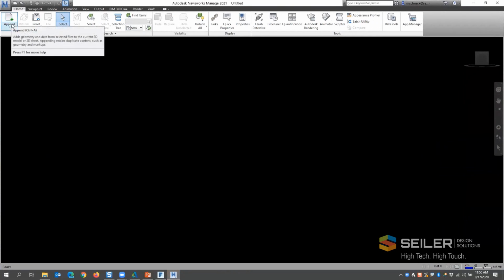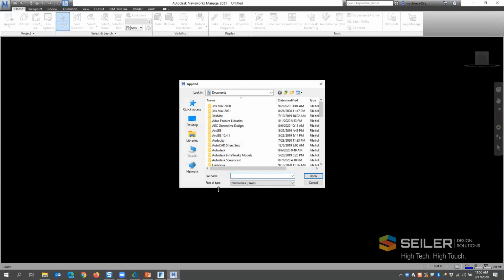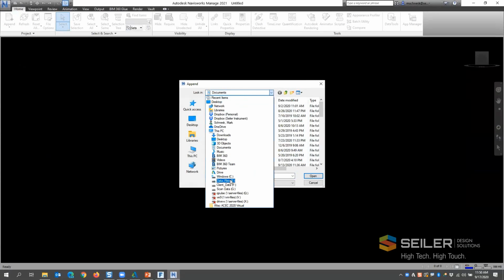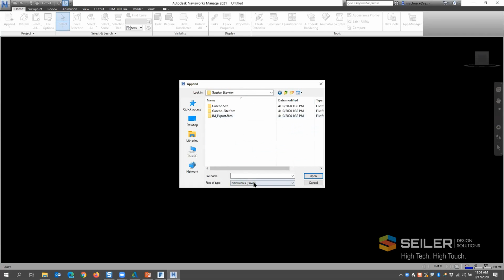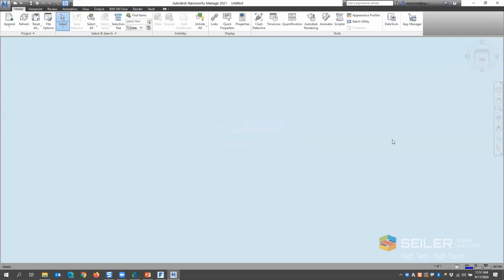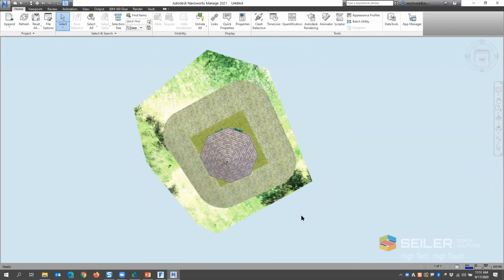So here I can also say append, and I'll find that, presentations, gazebo. So there, no, FBX. There we go. So I'm going to bring in that same FBX file into Navisworks. Let's see how it looks in here. Zoom extents. There we go. So here's my model in